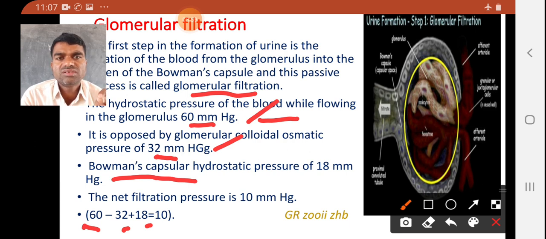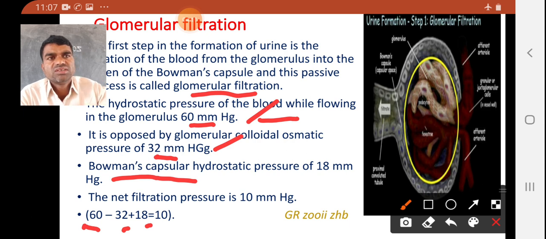Now 60 minus 32 plus 18 is equal to 10. 10 is the net filtration product or net filtration pressure. So here, see in this diagram,